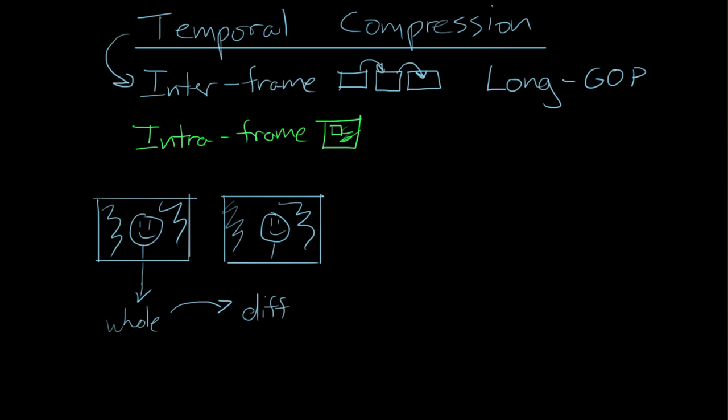The difference may be only, say we divide into blocks, which frequently happens with codecs, this little piece right here. So we only have to save maybe less than a fifth, maybe 1/10 of the whole image